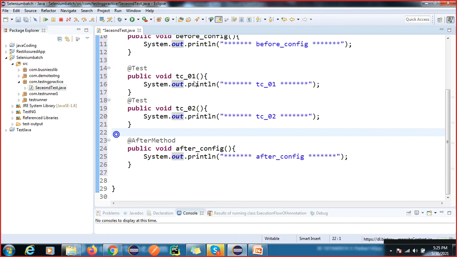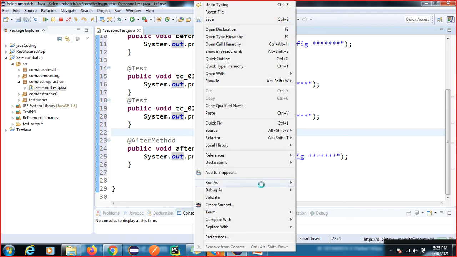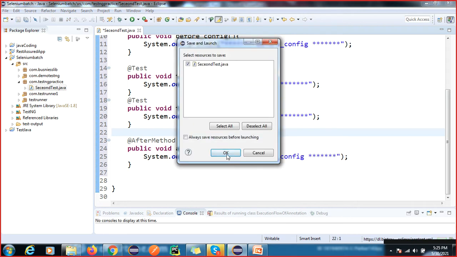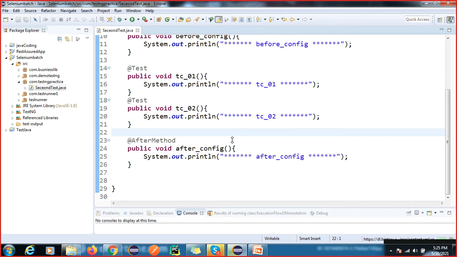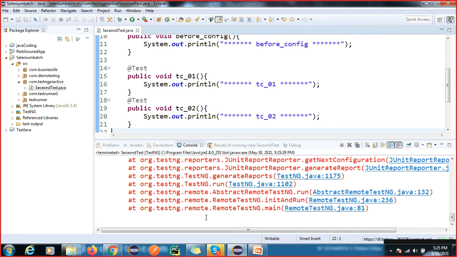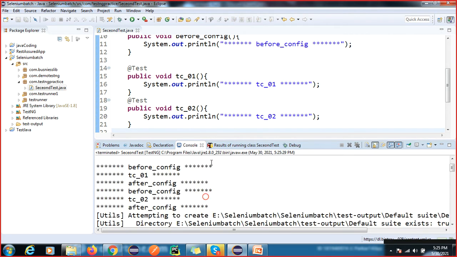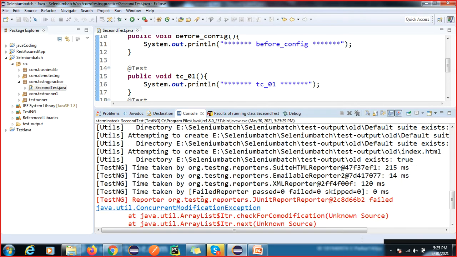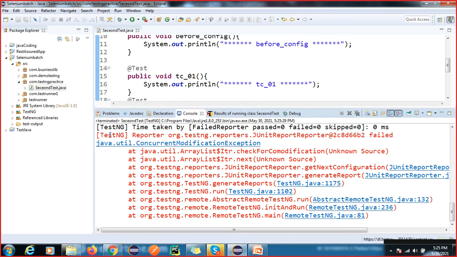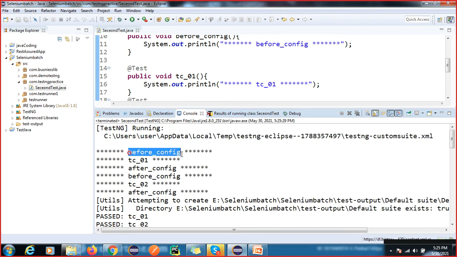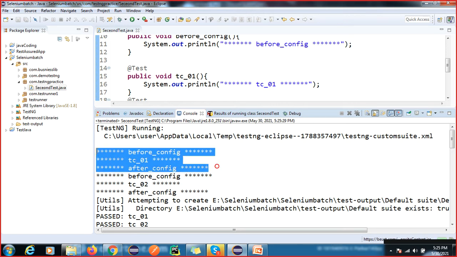If I execute this, actually in my Eclipse some issue was there, some error is coming. I need to fix this, but the output is coming correct. You can see here, first it executes the before configuration, then test case 1, and then the after configuration.